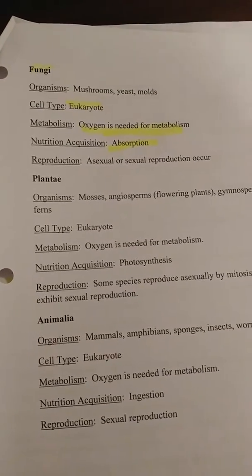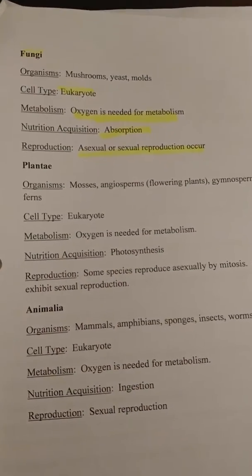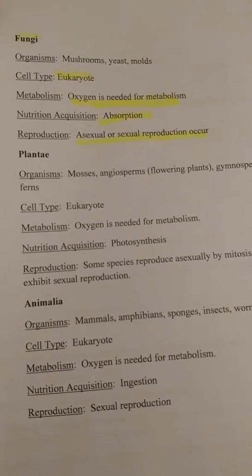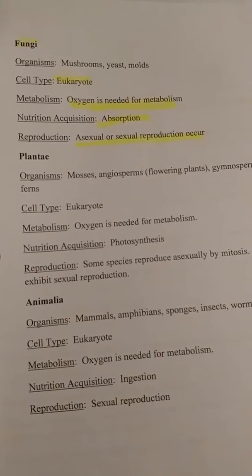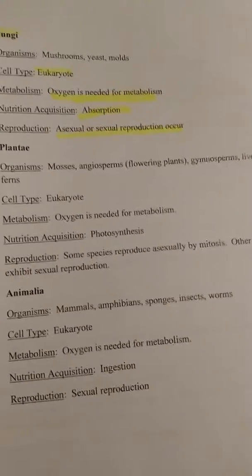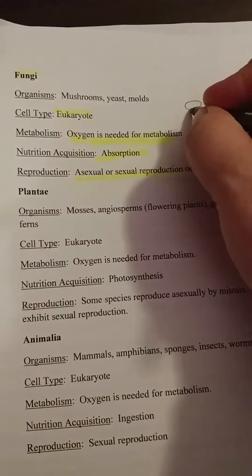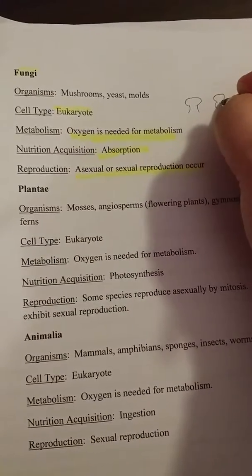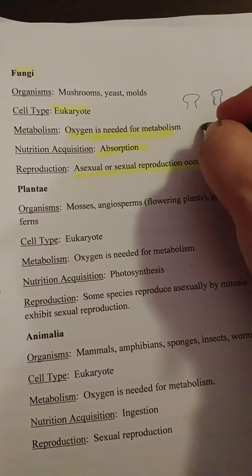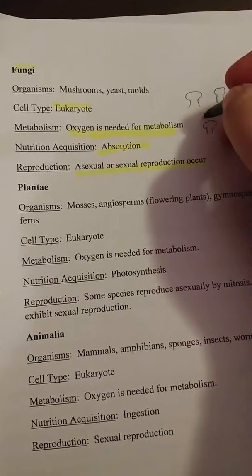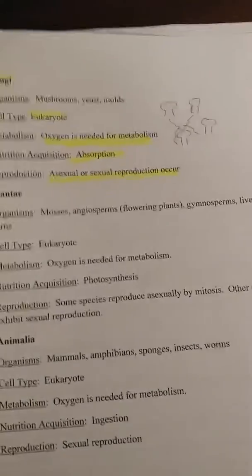So asexual or sexual reproduction can occur. It's very helpful that it can do both, because if you're not in the distance to release your spores, which are your sperm and egg, then you can also make a copy of yourself. Usually you'll see mushrooms in a ring. So I'm drawing a little toadstool. And the reason why they're in a ring, my lovely toadstools, is because their mycelia are coming out under the ground. So they're all connected like that.